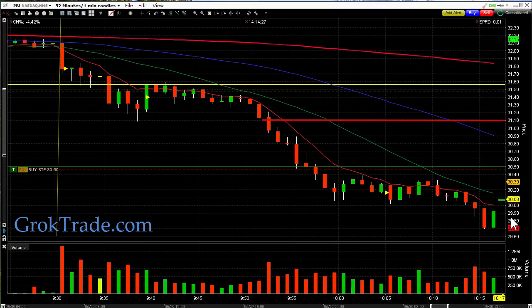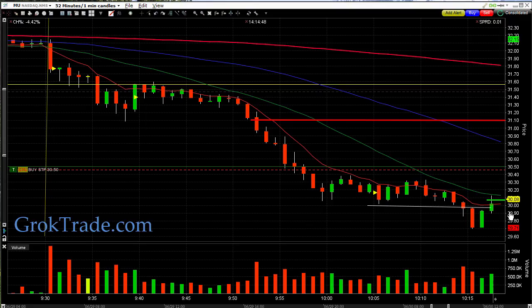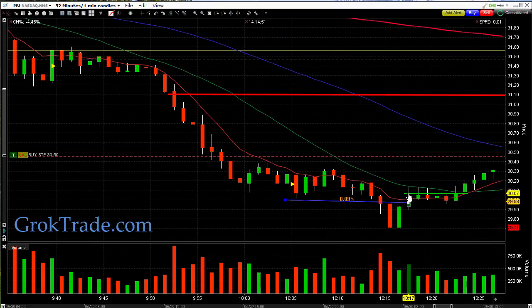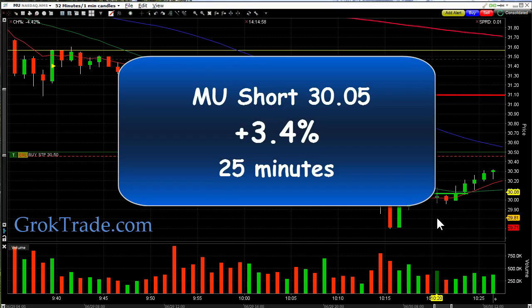And now look at that, bam, bam, bam, it fell below this even dollar amount, $30, which it had been basing above. Now I'm going to bring my stop down here, and look at it, it dipped all the way down to 29.71, and then it started to come back up. So I'm going to put my stop just above the even $30 amount and this 8 EMA, giving me two shields to protect my stop, and oh no, boom, it popped up, just enough to stop me out, and then look at that, it based and then took off again. But right there is where it stopped me out at $30.05